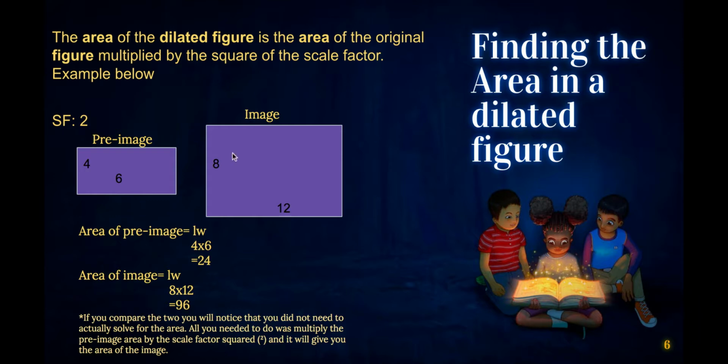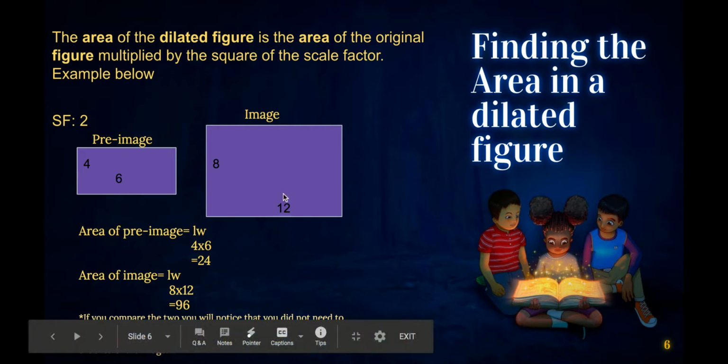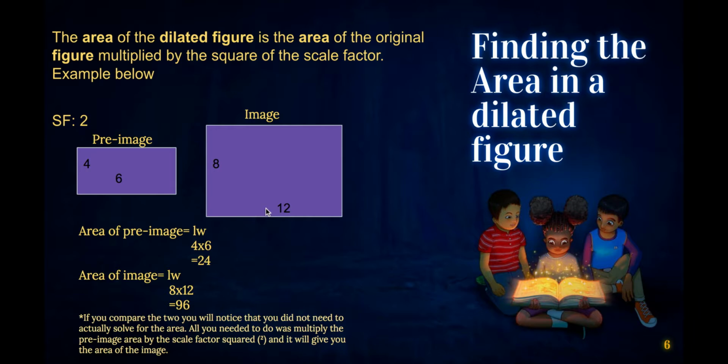So let's look at it. The pre-image we have right here is 4 times 6, because it's length times width, and we get 24. And then the area for my image is 8 times 12. 8 times 12 is 96, because that's all you do, length times width. Now, all I have to do is take 24 and multiply it by 2